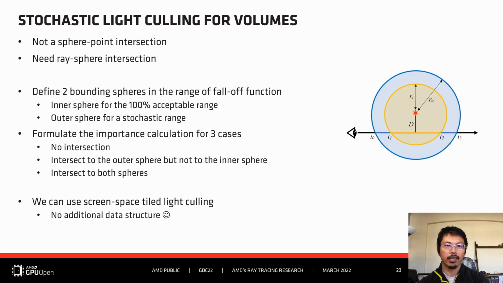So compared to an application to surface immersion, the situation is slightly different when we use it for volumes, because what we need to do is integration on the ray segment rather than integration on a point. Therefore, in order to compute the importance, we need to do a ray-sphere intersection as shown here, and then compute the range of the overlap of the ray to the sphere, then integrate importance on